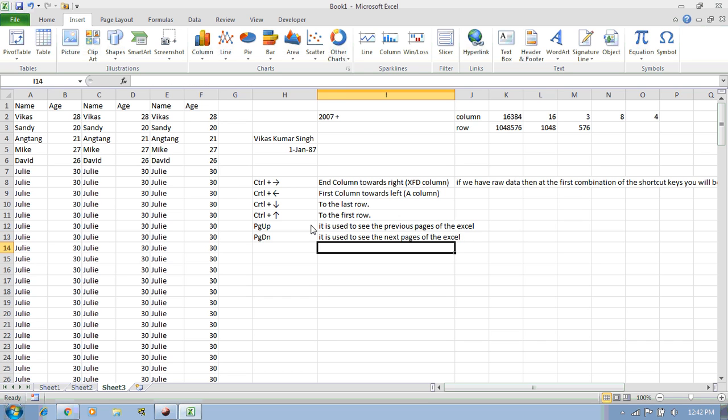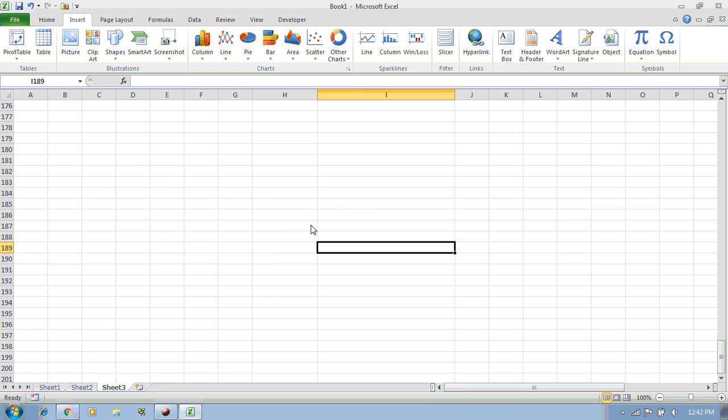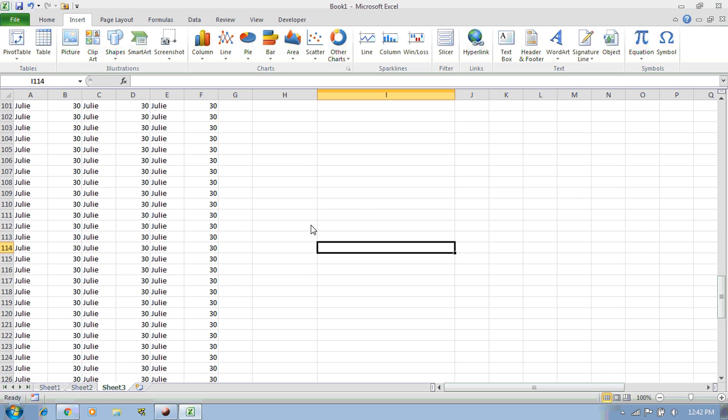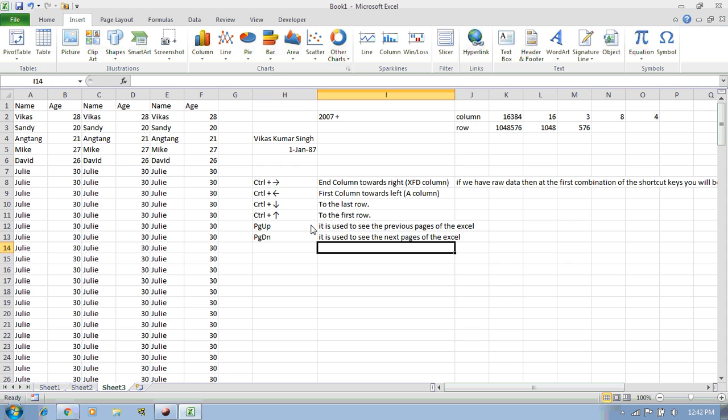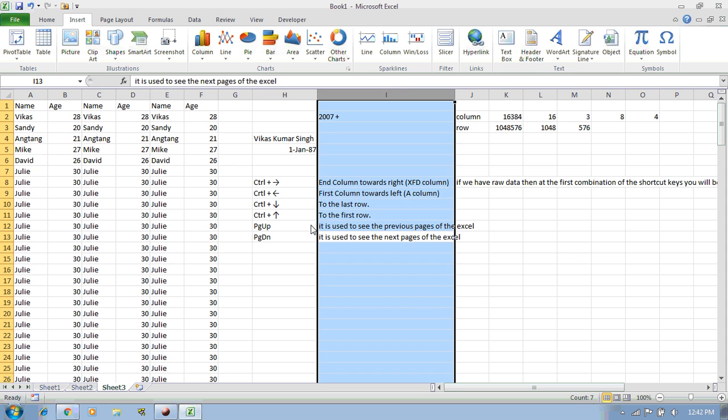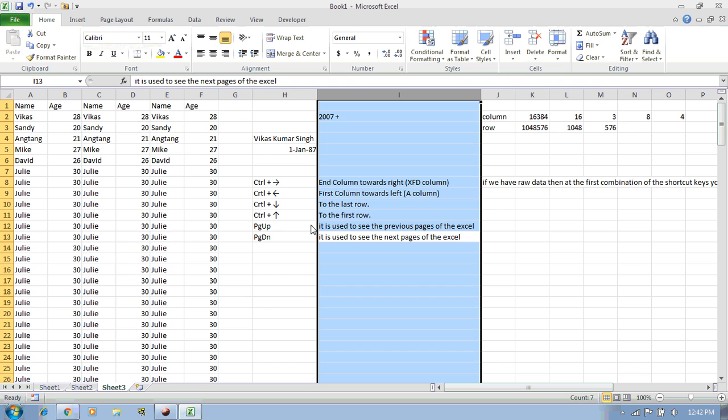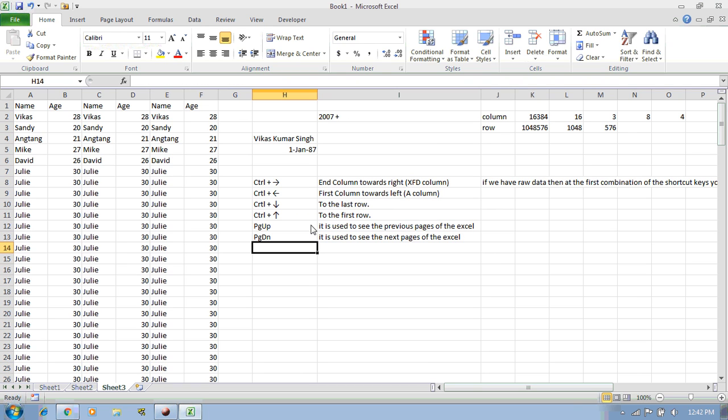Let me show you one more time. You can see that if we press Page Down, it is moving one by one, and if we press Page Up, it shows the pages one by one towards the previous.